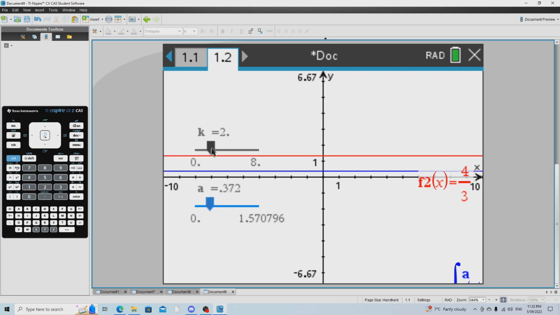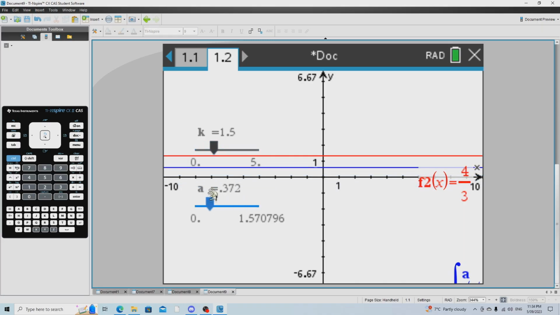Okay, so let's start with k equals 1. Make it easier. Let's put that 5 actually. Okay, nice. Let's say we start with k equals 1. And what can we see? Well, when k equals 1, it says give the values of k, given that this. So here, if we move this up or down, it really doesn't reach. Our a values don't actually have any values here. It doesn't even reach. So if we increase to k equals 2, or half,